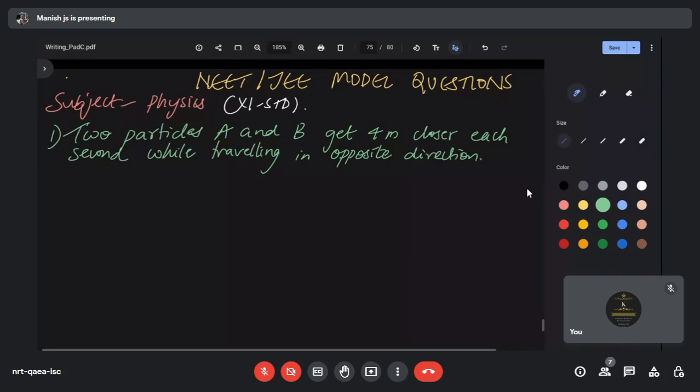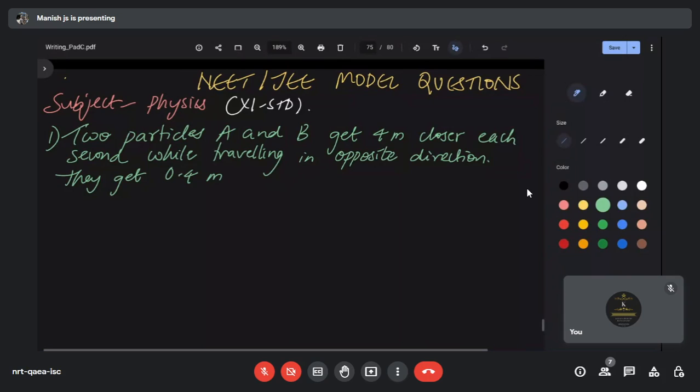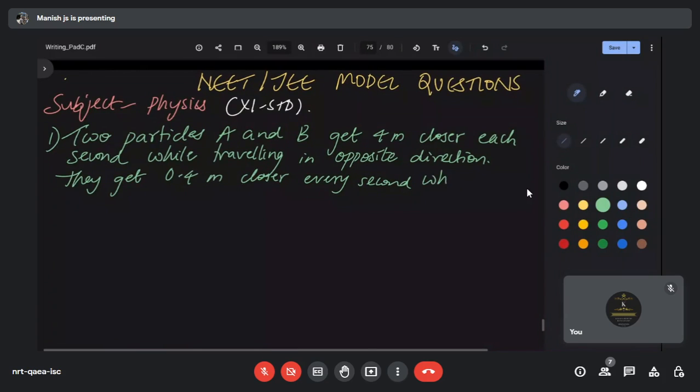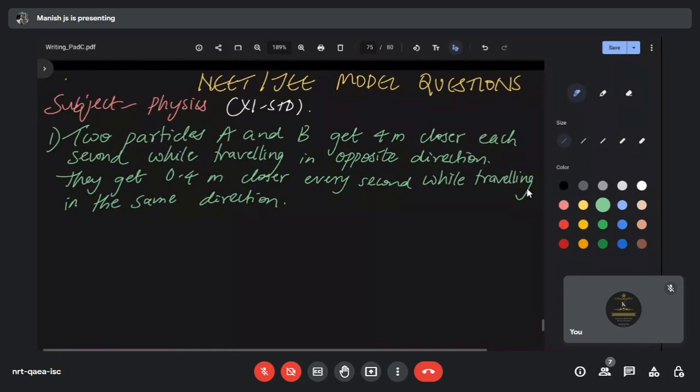First statement, they get 0.4 meters closer every second while traveling in the same direction. Okay, so while traveling in the same direction, they get 0.4 meters closer. The speeds of A and B are